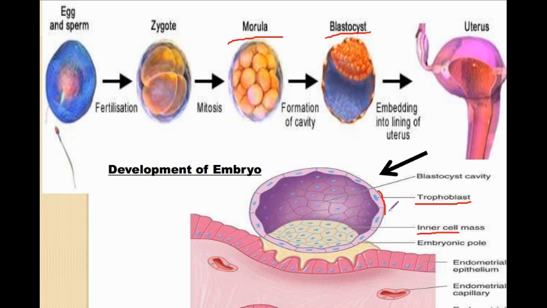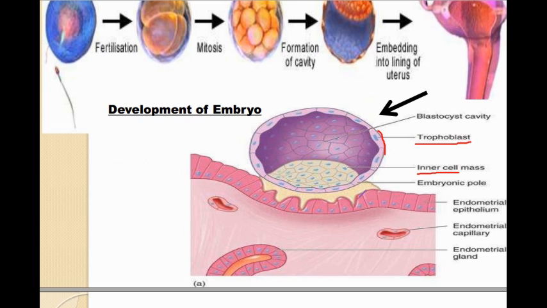Here the trophoblast is attached to this endometrium layer. ये जो layer है ये endometrium layer है, endometrium layer of this uterus का. तो यहाँ पे क्या होता है, वो अटैच हो जाता है. ओके एंड द इनर मास दे गेट डिफ्रेंशिएटेड इनटू एम्ब्रियो. ये जो इनर मास है ये धीरे धीरे डिफ्रेंशिएट होके इसमें से एम्ब्रियो फॉर्मेशन होगा. तो ट्रोफोब्लास्ट वो एंडोमेट्रियम लेयर के साथ अटैच हो जाएगा और जो इनर मास है वो धीरे धीरे डेवलप होके